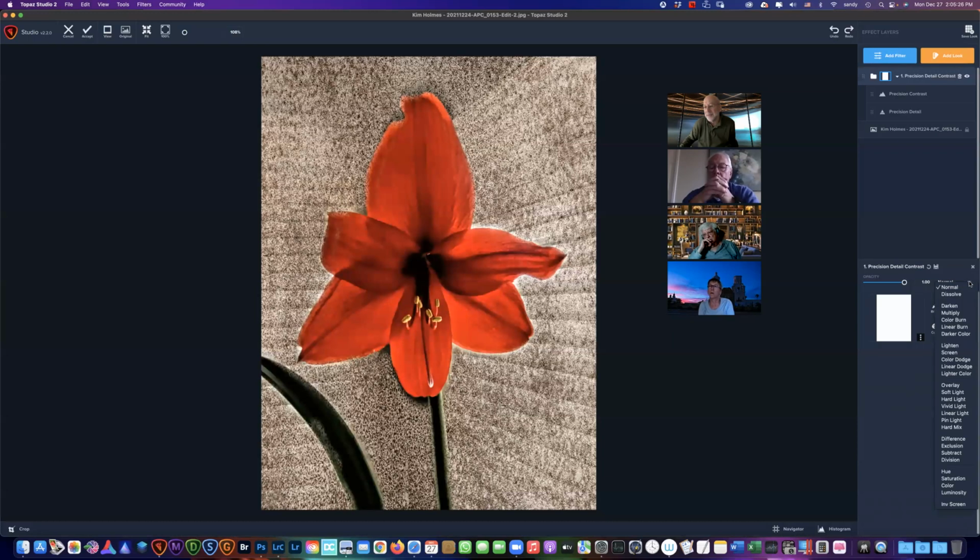Let's see, where is it? No, it's the blend modes. Yeah, here it is. So you can copy and paste. Oh, right there. Oh, geez, how did I miss that? I saw the invert and I didn't see that. Yeah, but since we've got it up at the folder area, now if we do it,